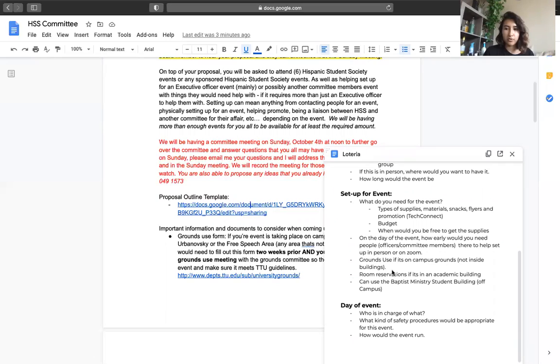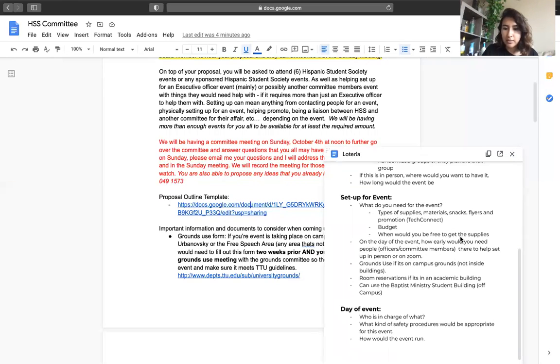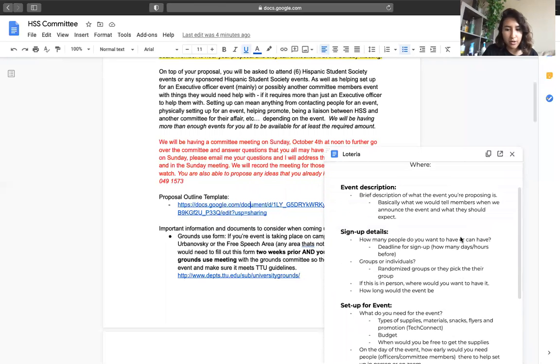Because if there's two of you working on the same event, who's going to be running it? Are both of you going to be running it? Who else do you need to help you run the event? And how would it run, stuff like that. So you just go over this. If you have any questions, please let me know.